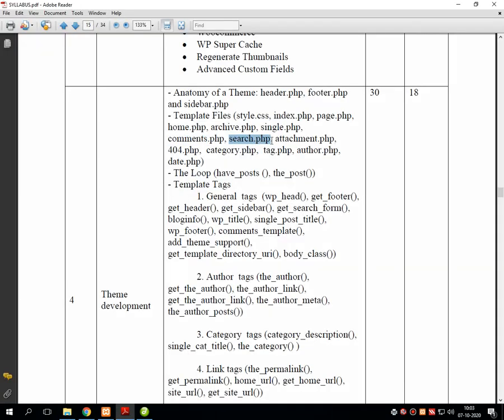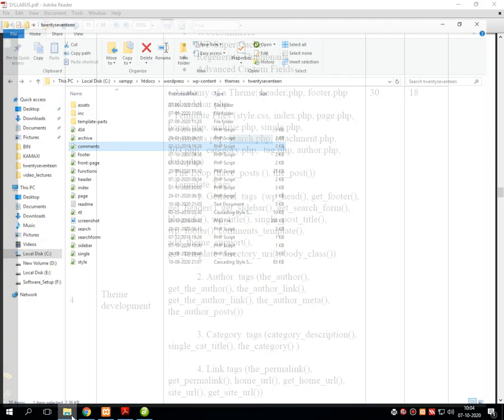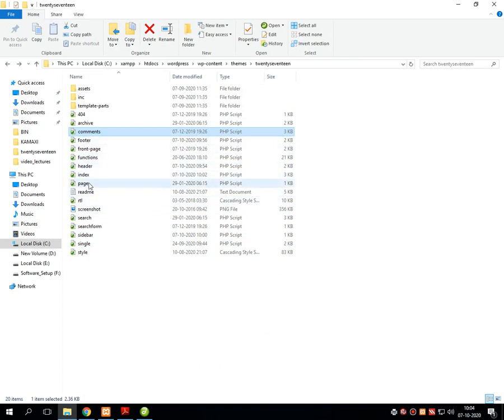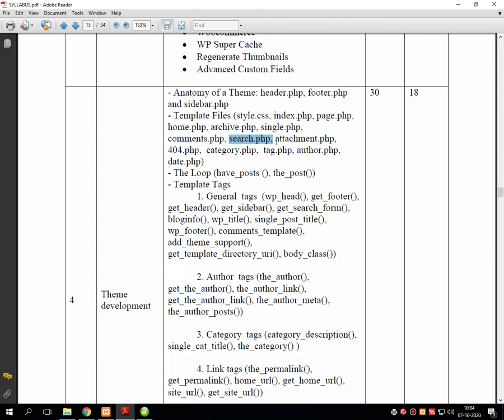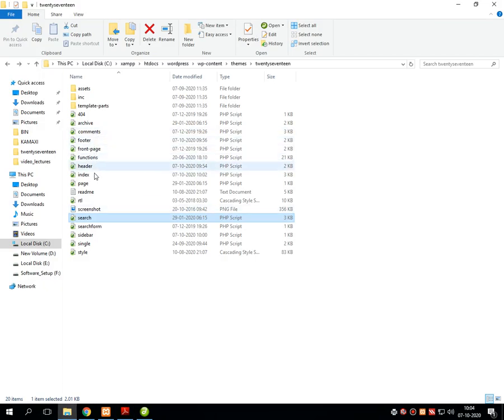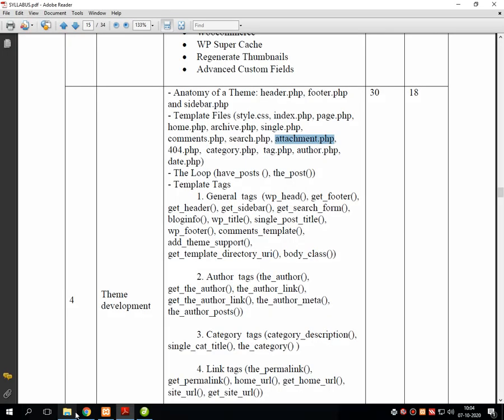Then search.php, it's search.php. Attachment.php is not there in this particular theme, leave it.